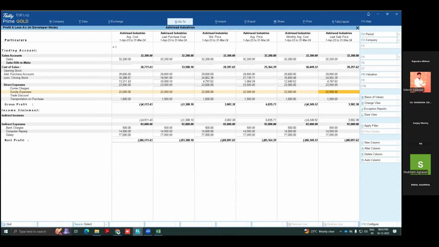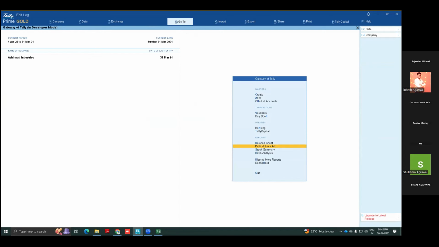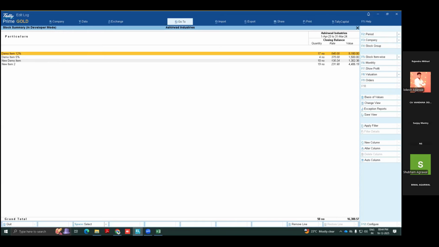And one more query I also got from many manufacturers, because inventory is always impacted. Inventory is always a difficult and troublesome issue for manufacturers. So there is a problem. Suppose I am a trader, then I am purchasing material and selling the material. That is not a big issue. But I manufacture. I am sending my material to some job workers, and receiving material from other persons for job work purpose. So material in and out is there. But whether that material is my property, that is also a question. In stock summary, you can see all material is there.